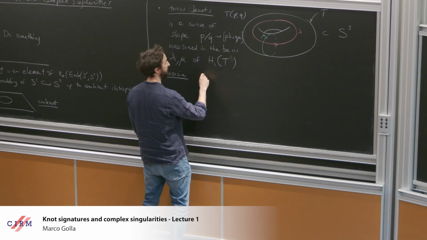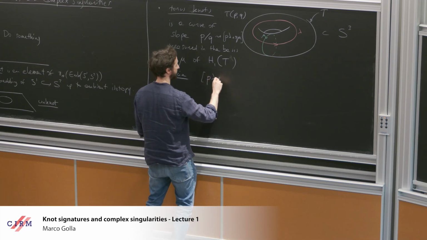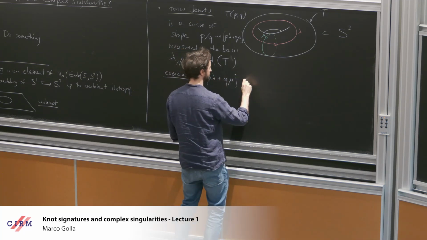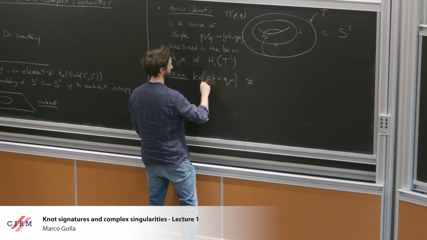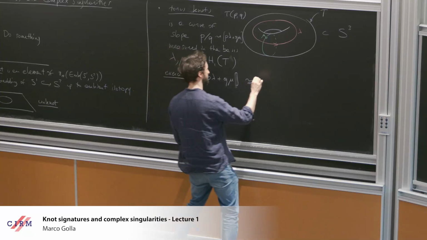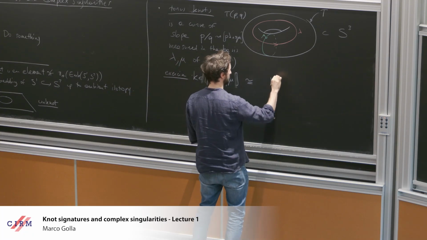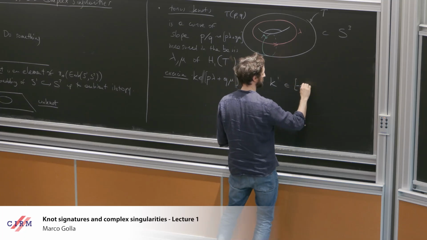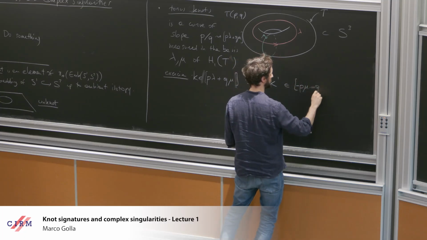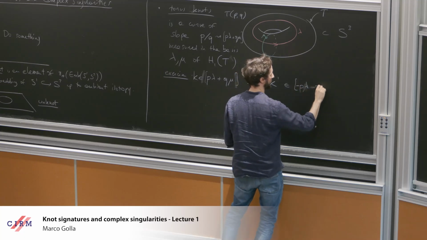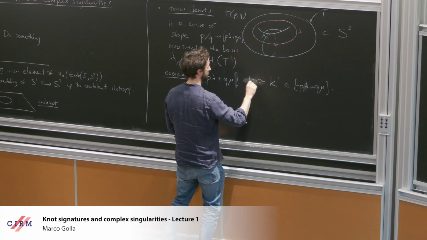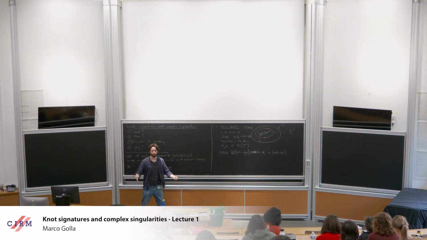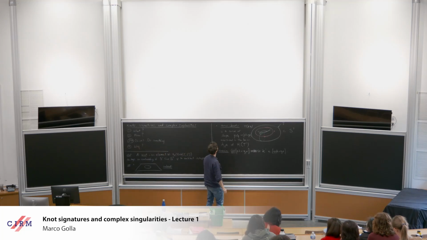Is that if I take the curve of slope P lambda plus Q mu, this is the same as any curve. If I take a curve in this homology class, or if I take a curve in the homology class minus P lambda minus Q mu, these are actually the same knot. In other words, if I reverse the orientation of a torus knot, I get the same torus knot as an oriented object. It's a very complicated way of saying this, but